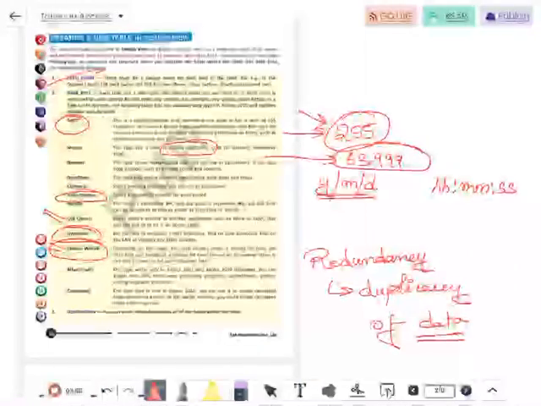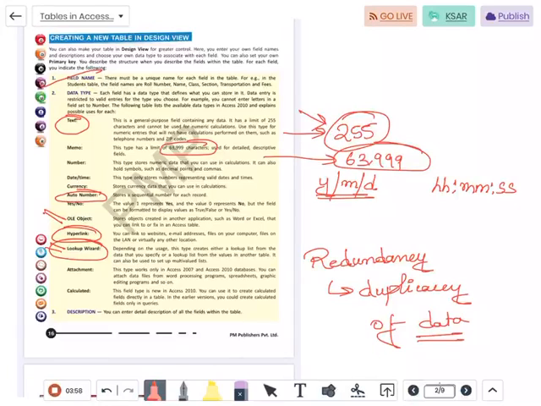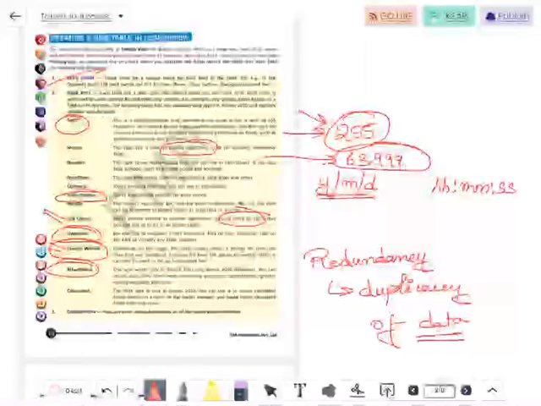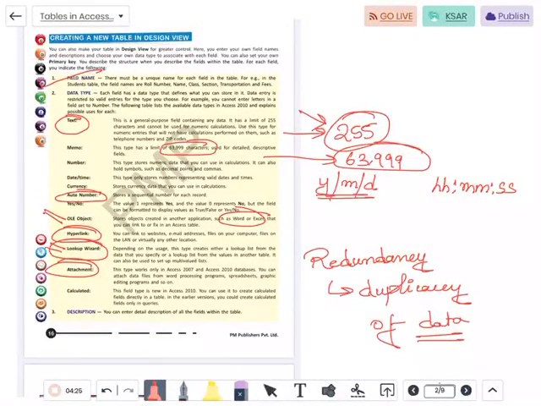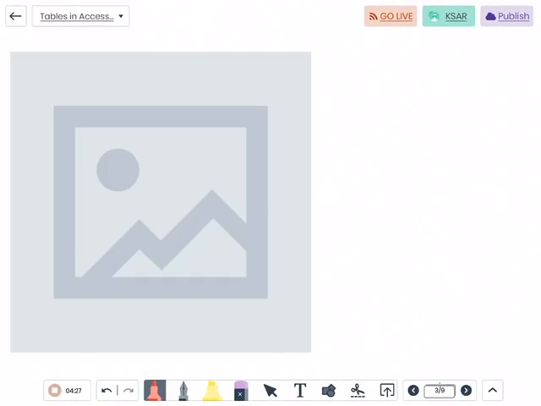Lookup wizard. Now lookup wizard is basically a data type that will help you to search for a particular data in that Access table. So using this data type we can search another data inside the Access table. An attachment is used for importing various documents. It is more powerful than OLE object, which has limited access to only Word and Excel. Okay.